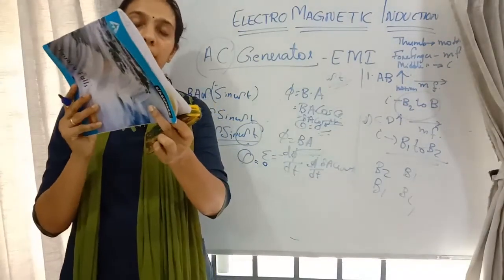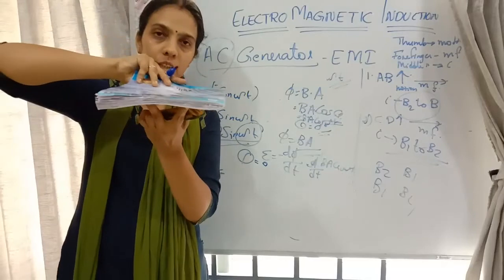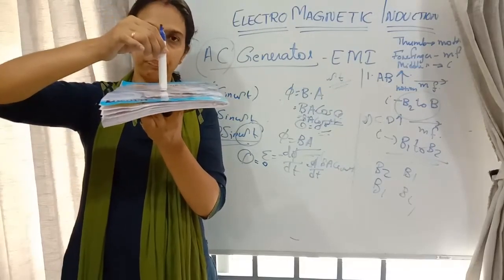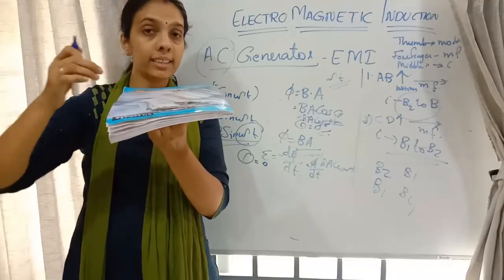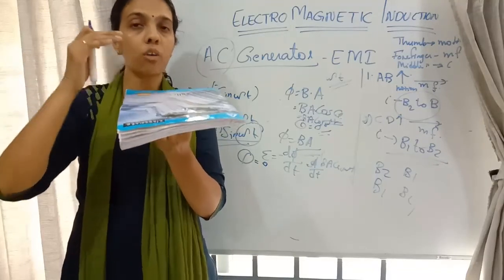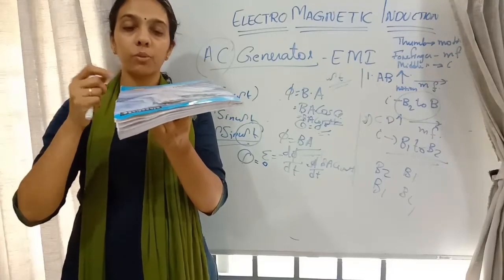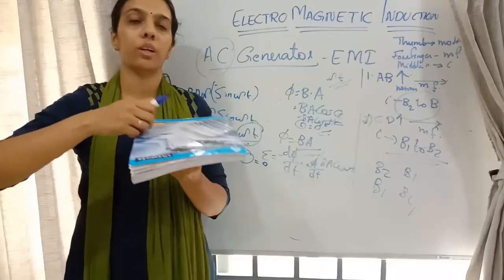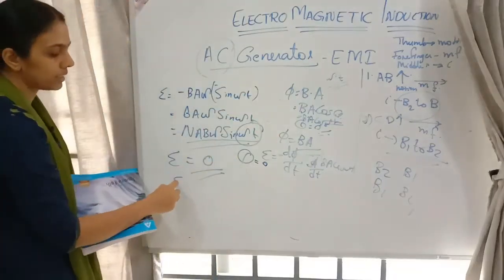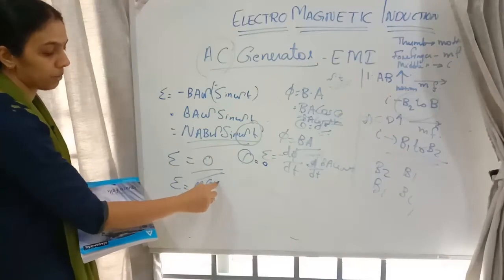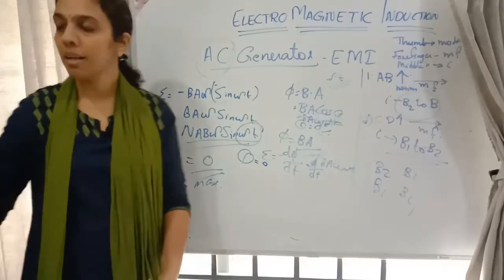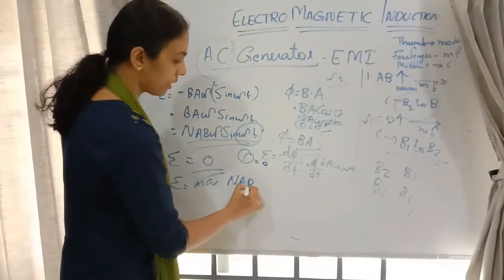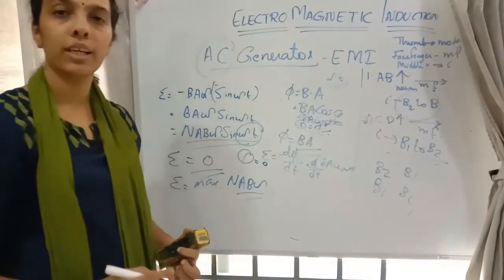It was in this position, then when it is rotating, what will happen? After that it will come like this, right? So the area vector will be perpendicular. After a 90-degree rotation, one-fourth of the rotation is over. The magnetic field and area vector are perpendicular. When they are perpendicular, what will be the EMF? The EMF will be maximum. What will be the maximum EMF here? The maximum EMF will be equal to NAB omega.